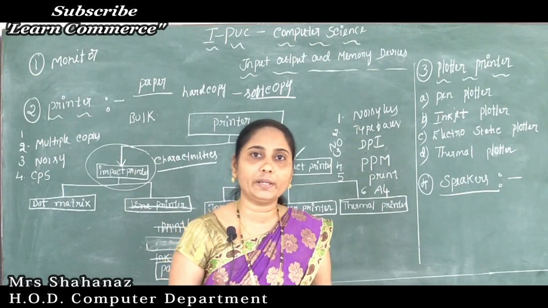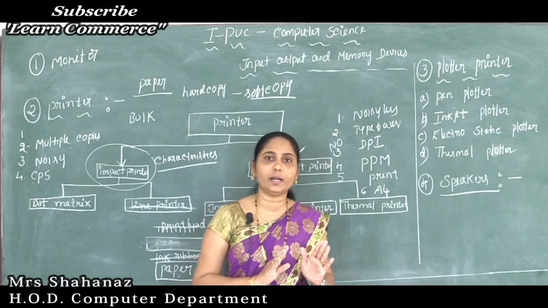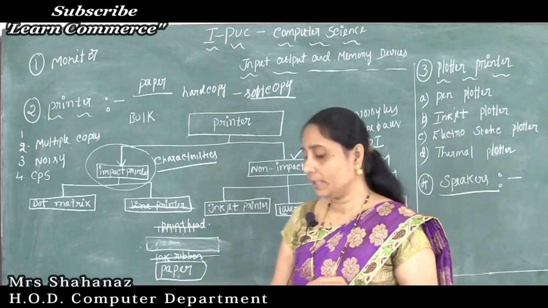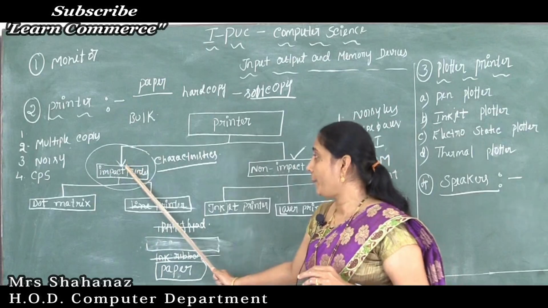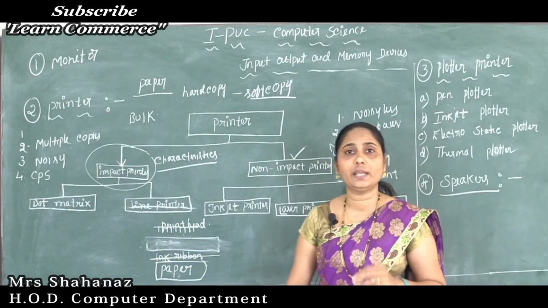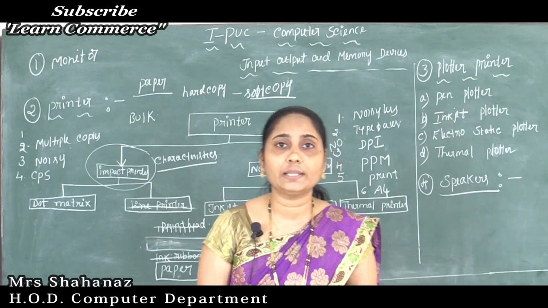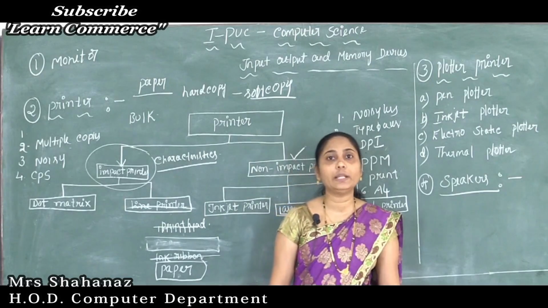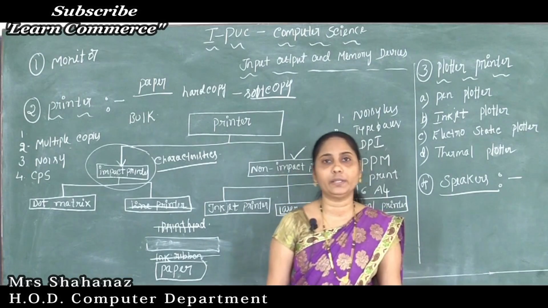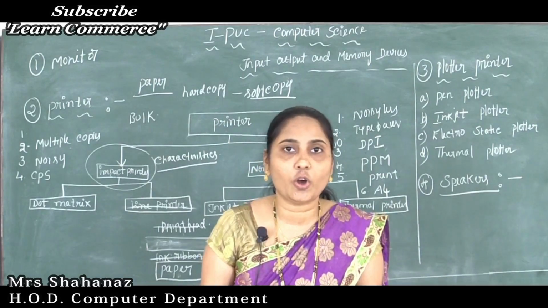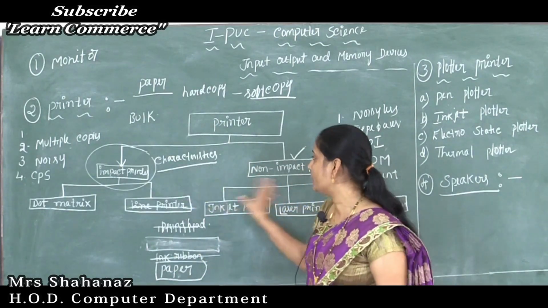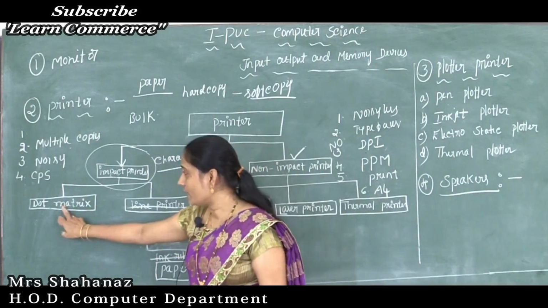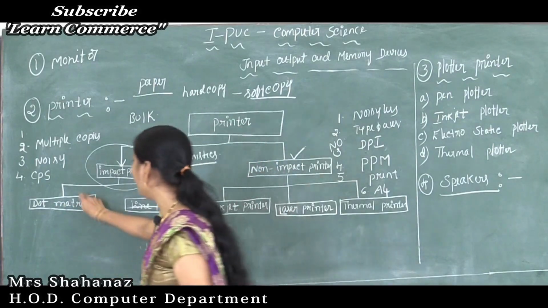Okay, now we completed printer types, that is impact printer and also the non-impact printers. Now we are going to select the next, that is our impact printer type. The first printer is the dot matrix printer. So we can say the classification of impact printer. Classification means division or types of the impact printer, or specification of the printers. Each and everything I am going to discuss in this class. Okay, now I want to select the dot matrix printer.